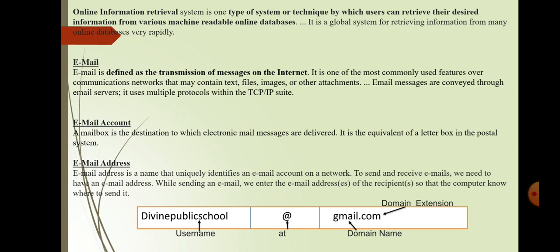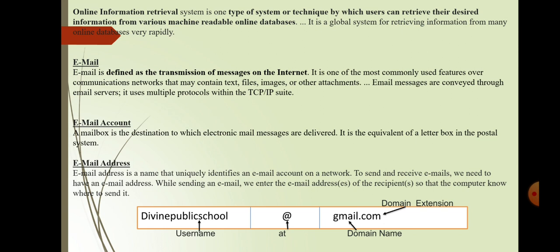As you know, dear students, at the server side, we have millions of email accounts. Among all the millions of email accounts, if we want to find a particular email ID or email account, for this we need a unique identification. That unique identification is our email address.